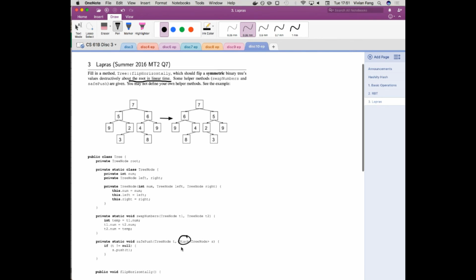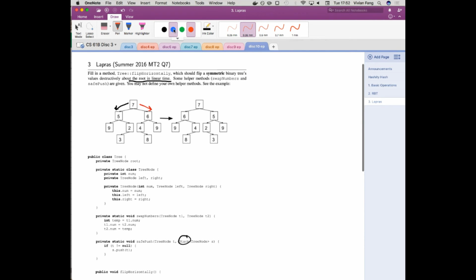And what you'll learn in a future lecture is that stacks are going to be used for this type of traversal that we call depth first search. You don't have to know what that means right now, but what I'm going to tell you is we want to have simultaneous explorers going down both halves of the tree, right? Because we need 2 explorers to swap their numbers. So I'm going to have a red explorer here and a black explorer there. Yeah? And then at the first run they swap.